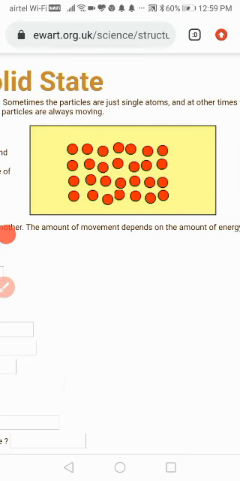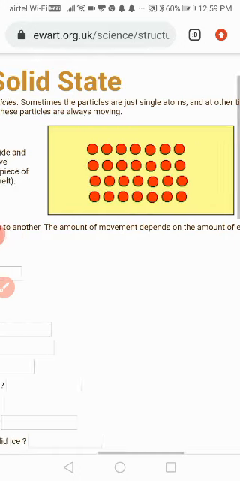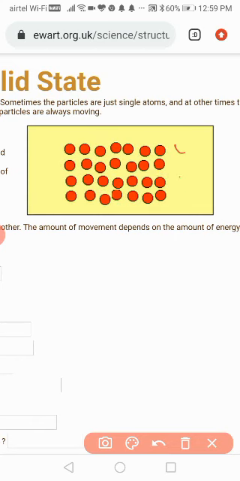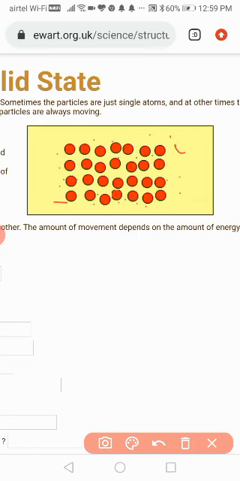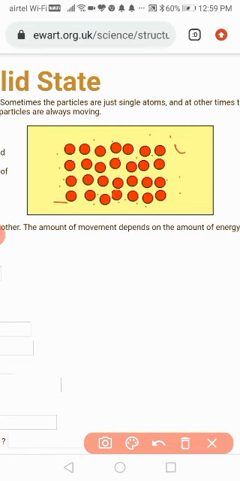Here you can see the atoms are vibrating at their mean position, and electrons are there. There are many electrons, which are moving randomly inside the material. Here you can see many electrons are colliding. Now what happens whenever we elevate the temperature? Whenever we elevate the temperature of any solid